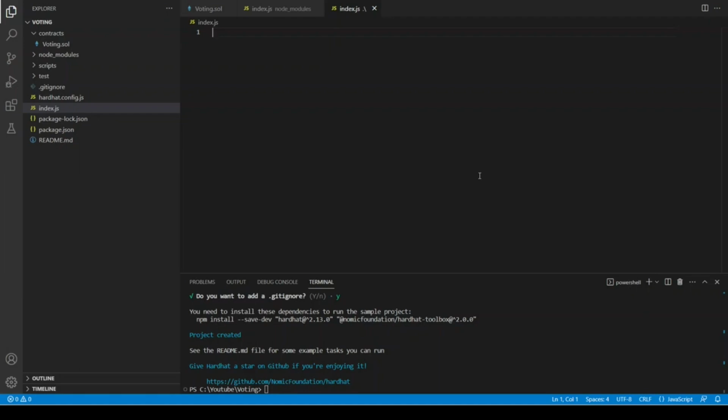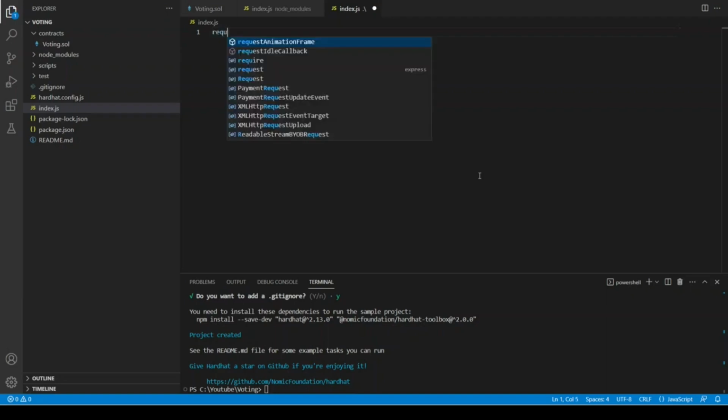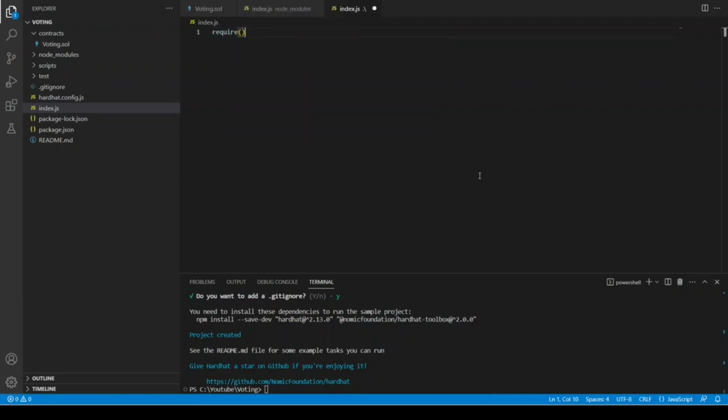Basically, the application which we are creating, we can do everything in the front end, but just for the sake of learning, I am creating a backend server where we are going to serve our HTML file and some other HTML files associated with this project, and then we are going to create a simple post request, and we are going to add vote using the post request. We can do it in the front end in the JavaScript, but just for the learning I'm going to do everything here. So first of all, we are going to say